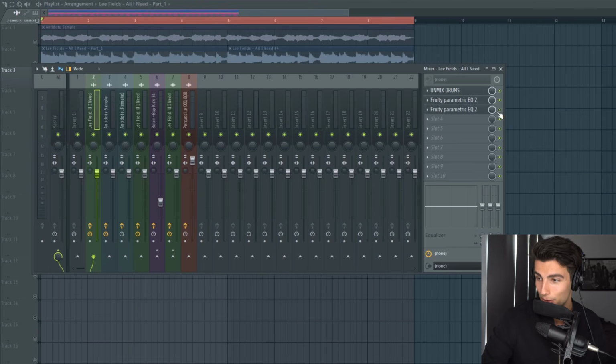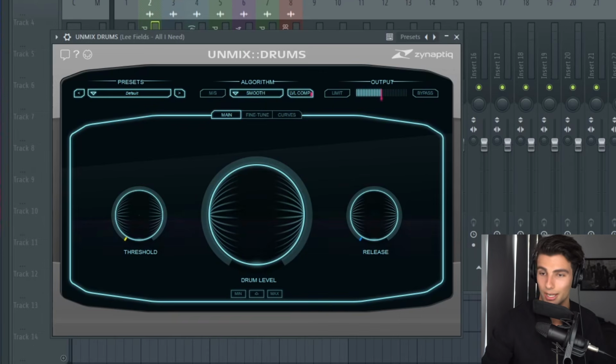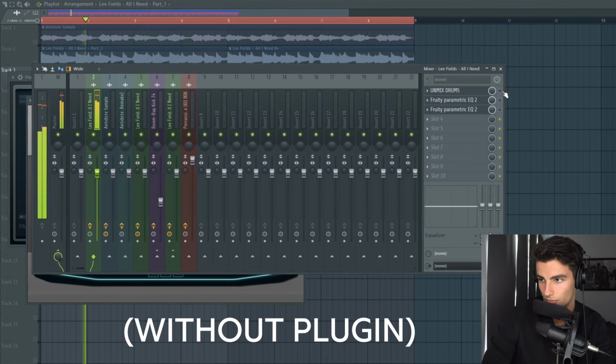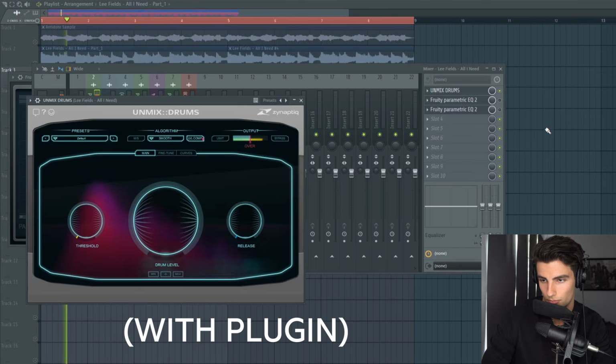From there, we're adding that to our mixer, and the first plugin we're using is Unmixed Drums, and we're using this really harsh preset with the drum level at 0.00 and the threshold and the release at 0.01. This is what it's going to sound like without and then with the plugin. The next plugin we're using is going to make a really big difference.